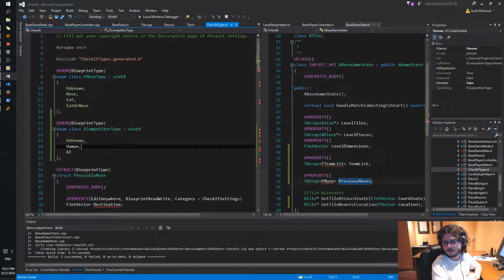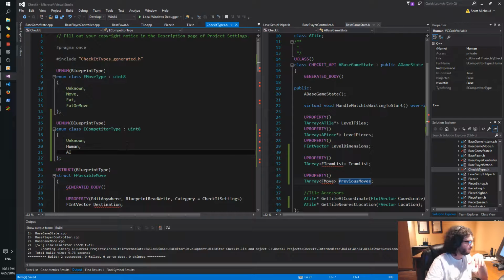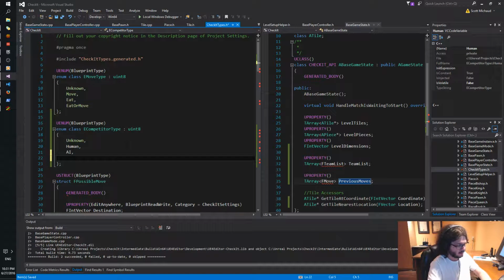Oh no, before that we actually want to add some other stuff too. We'll add spectator, disabled.